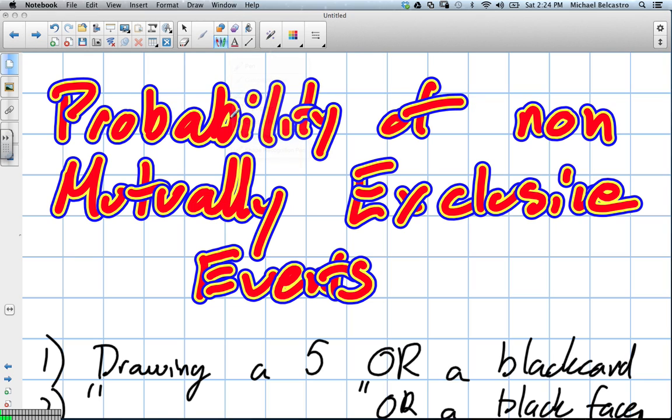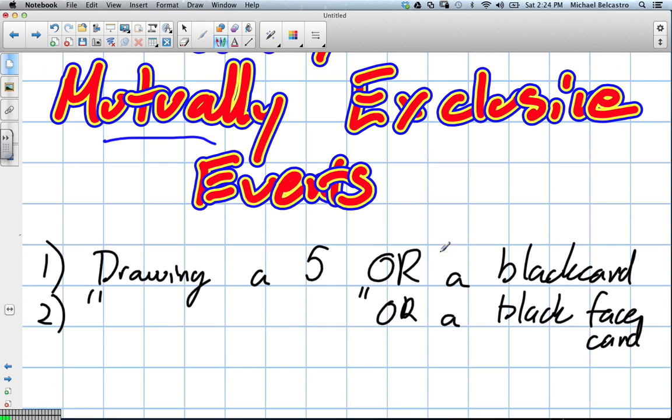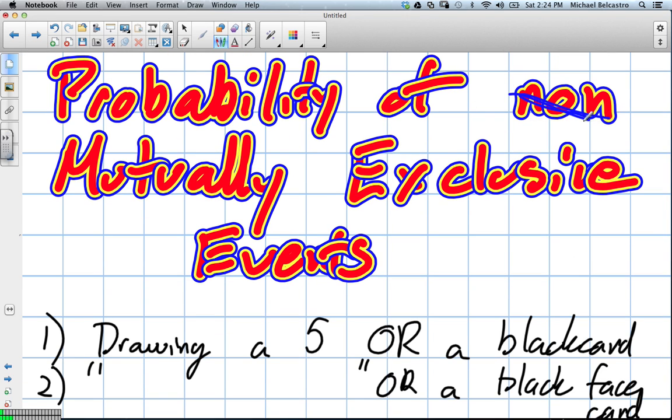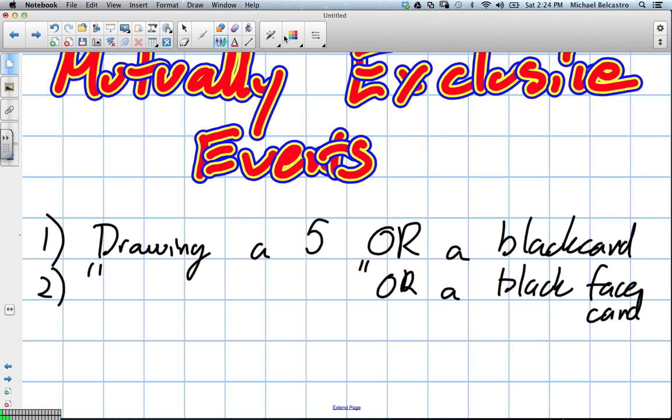So we're going to start with the probability of non-mutually exclusive events, so events that affect each other. And then we're going to do the probability of just mutually exclusive events, so kind of get rid of the non. So those are events that don't affect each other. So let's talk about a normal deck of playing cards. There's usually 52 cards in a normal deck, and because there are 4 suits,